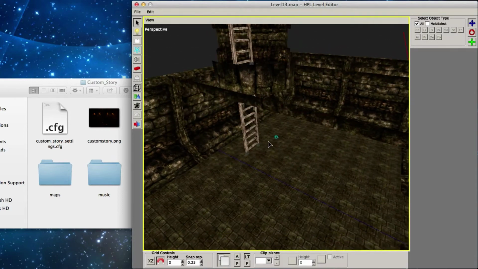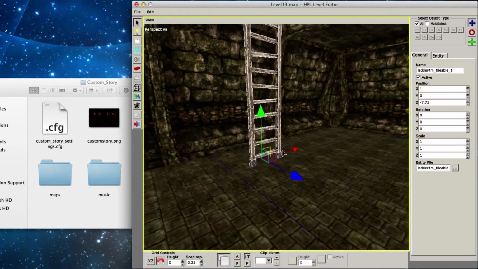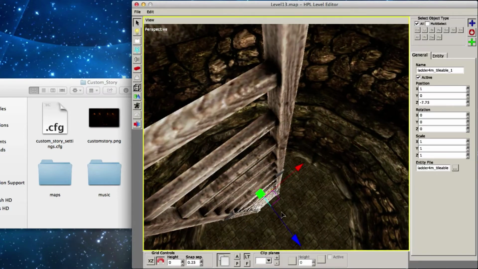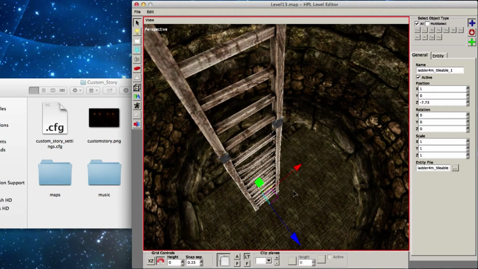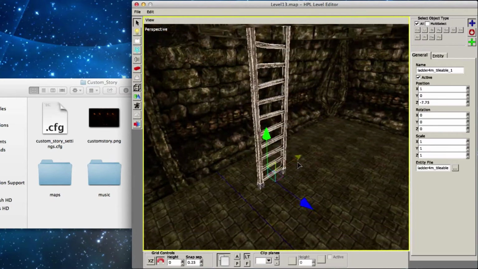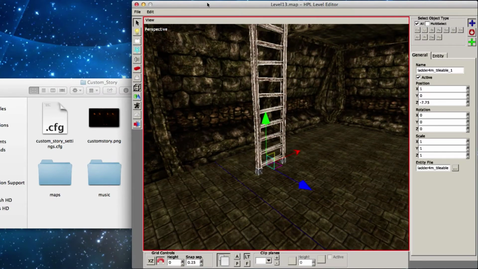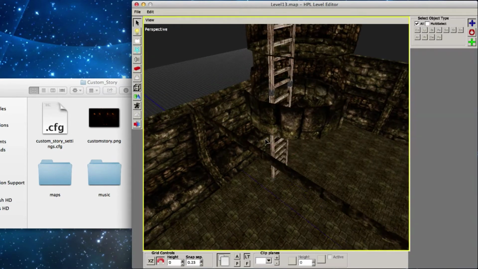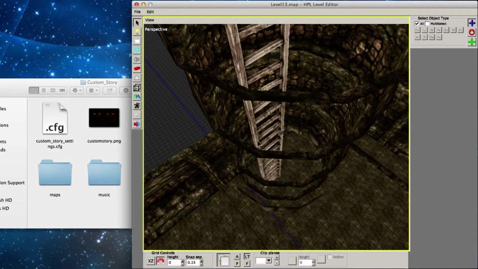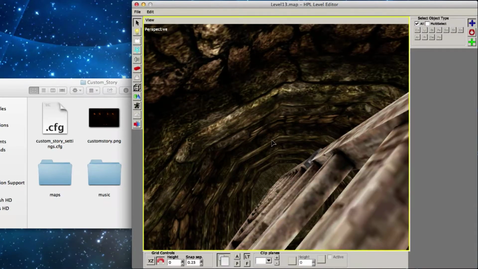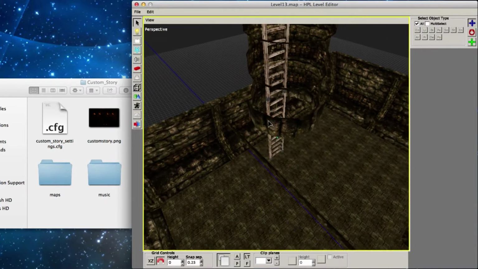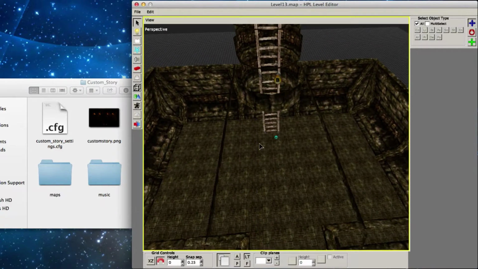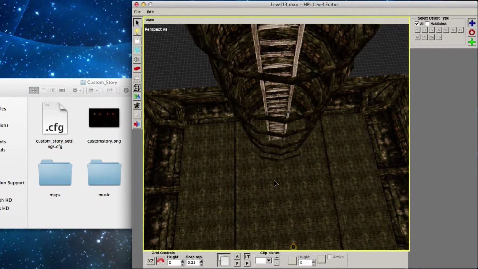The ladder, you don't need the ladder. You can, because you're not actually climbing the ladder. You're just climbing an area in front of the ladder. So if you have a bookshelf, you could climb the bookshelf if you like to do that. Except ladders are usually used because ladders are pretty obvious that you're able to climb. So it just makes it easier for the player to know that you're able to climb it. Of course, if you make it climbable.